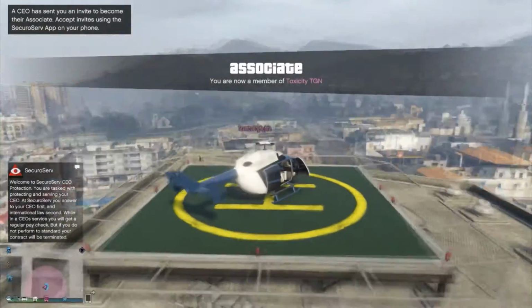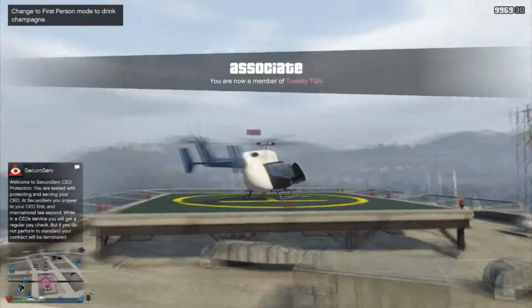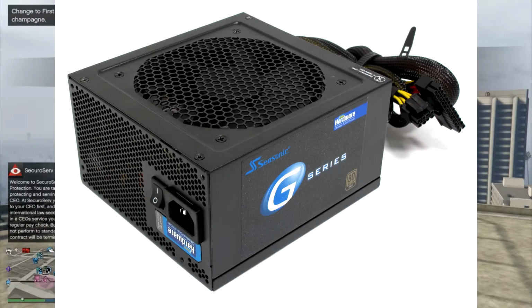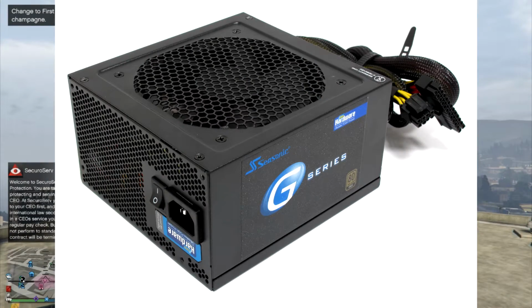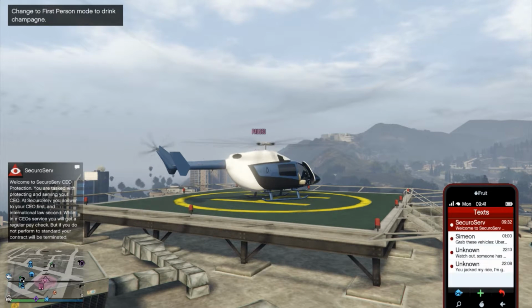Today I'm going to be showing you what is possibly the best budget gaming power supply on the market today. The SeaSonic G-Series 550 watt. Now, in order to really define what makes a great power supply, we'll first have to brush up a bit